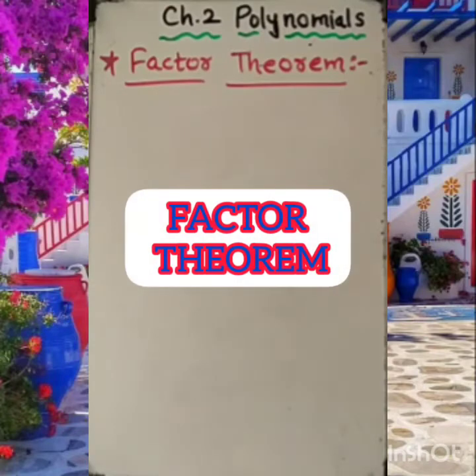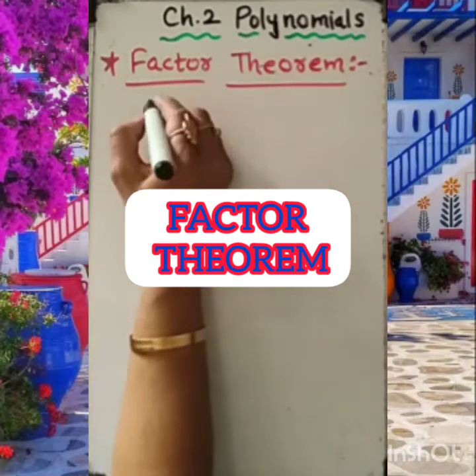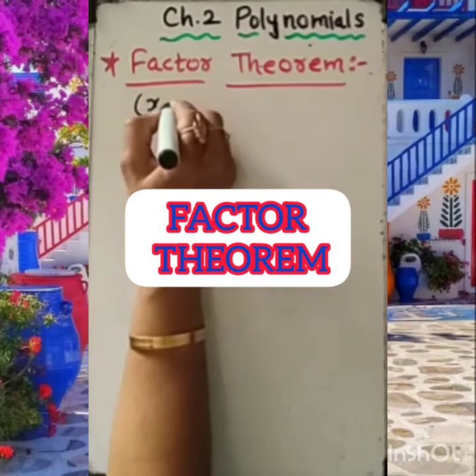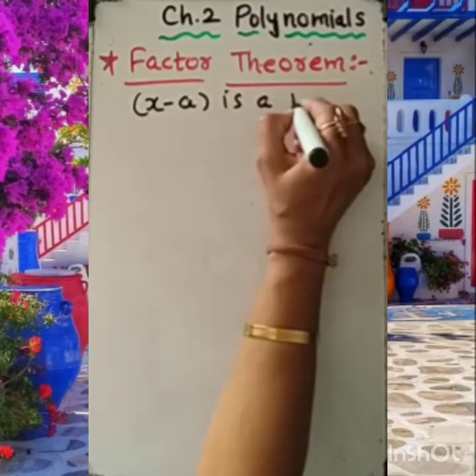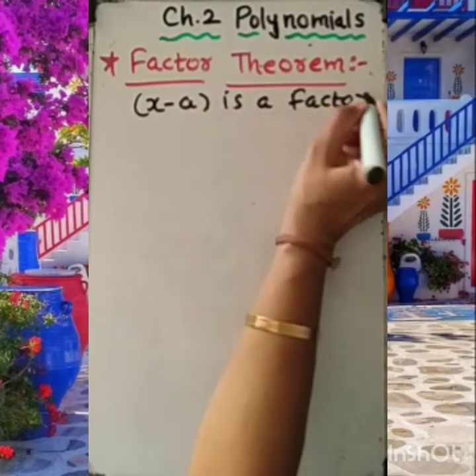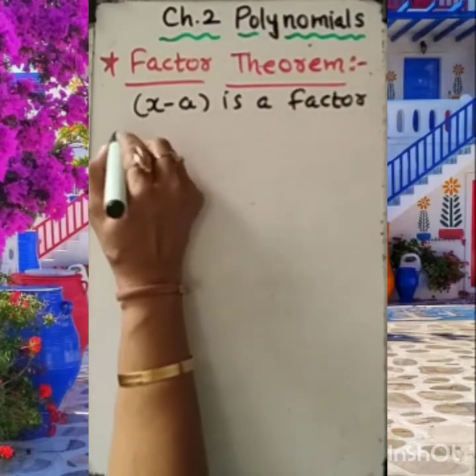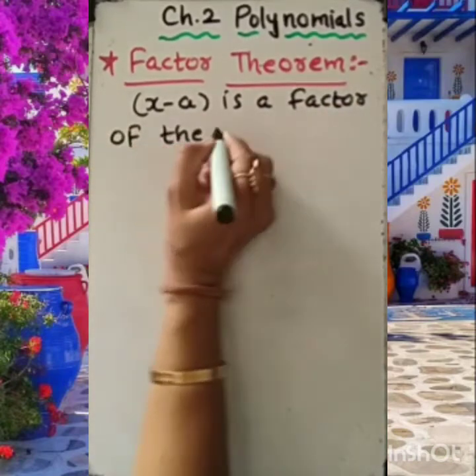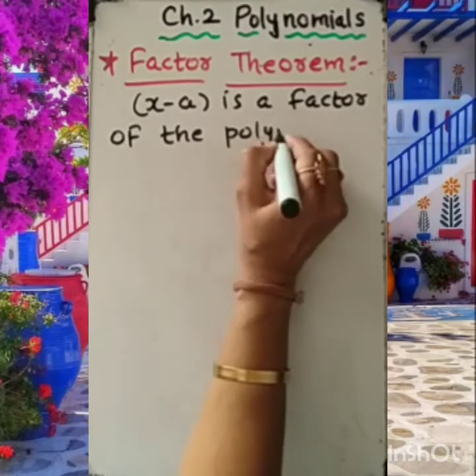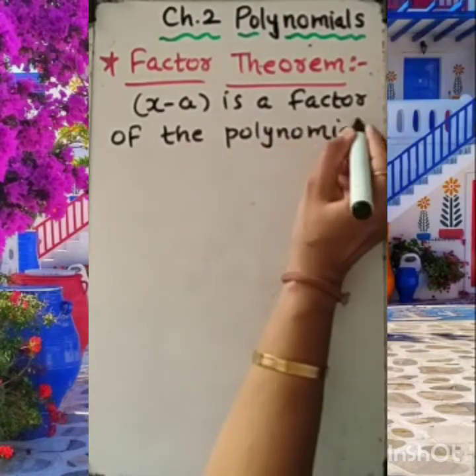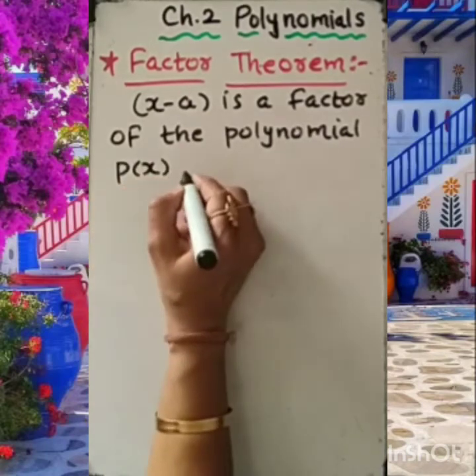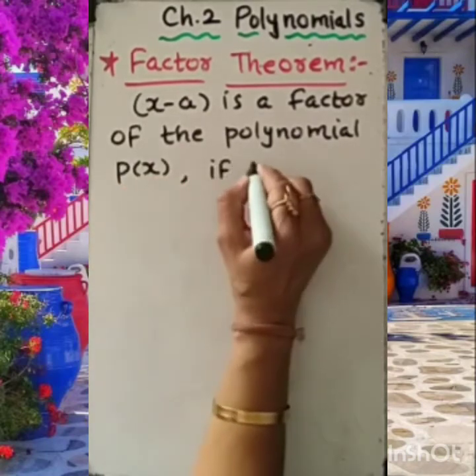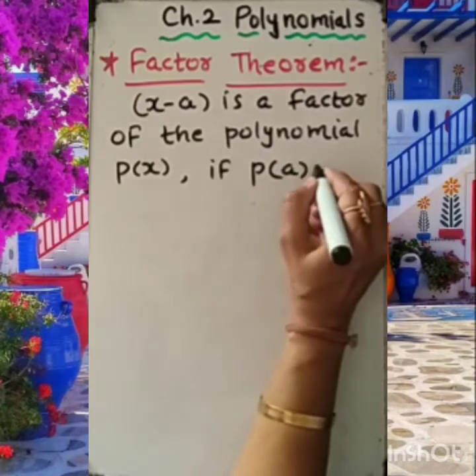So now let's try to understand the factor theorem. What is the statement for the factor theorem? Let's note down. x minus a is a factor of the polynomial p(x), if we can say p(a) equal to 0,